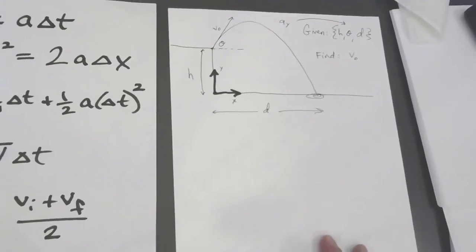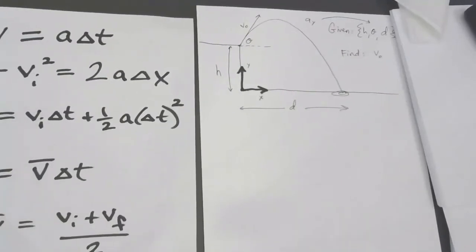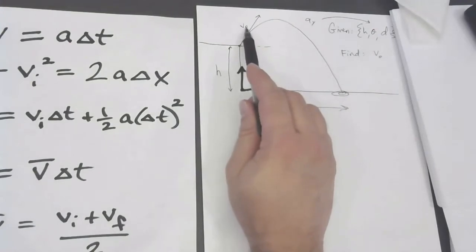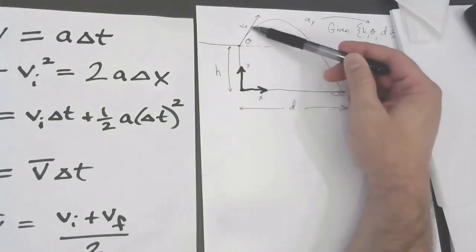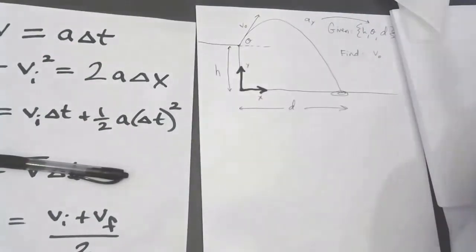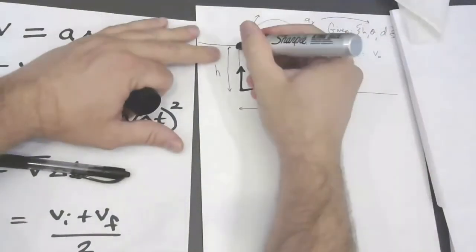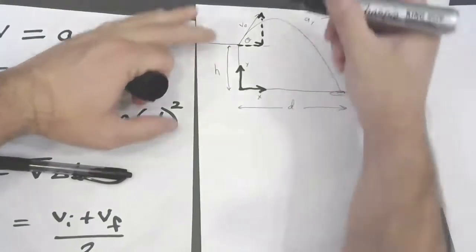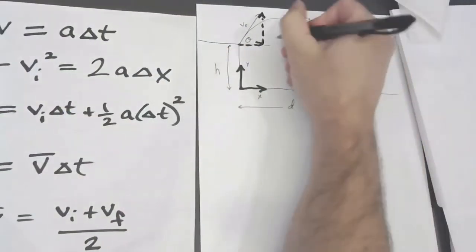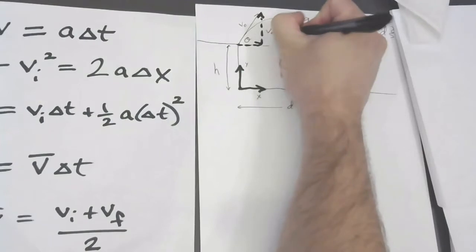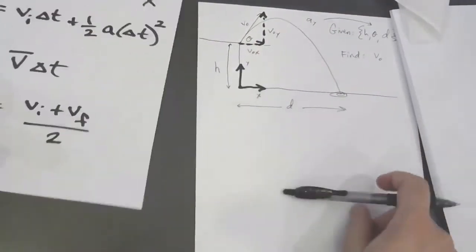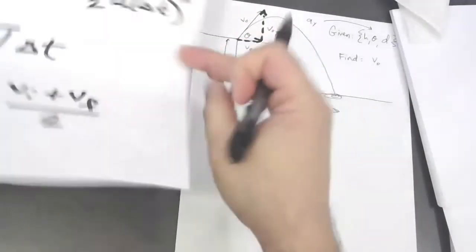For projectile motion, we're interested in the initial speed, which is the length of this initial velocity vector. And don't forget that that velocity vector has components. And I can label those components v naught sub y and v naught sub x. And I'll remind you, I guess I better get a